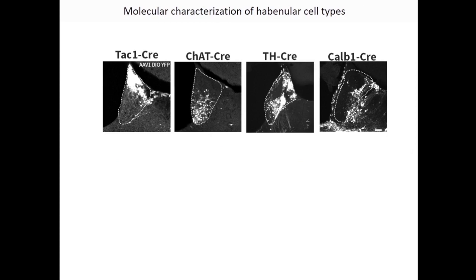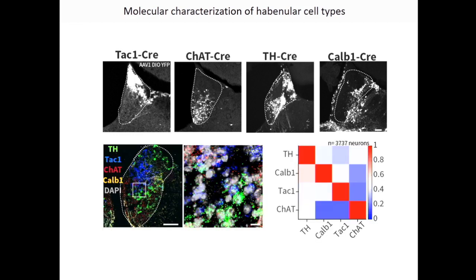I chose TAC1 and chat because these are the two best described subpopulations of cells. They're largely non-overlapping dorsal and ventral subpopulations. But when I was looking at all of these in situ patterns in the atlas, what I noticed is that there were several different genes that were expressed more on this lateral edge, kind of the boundary between medial and lateral habenula, including TH and calbindin-1, but also the mu-opioid receptor, cocaine and amphetamine-related peptides, some serotonin receptors. It seemed like it might also be a kind of functionally defined group.